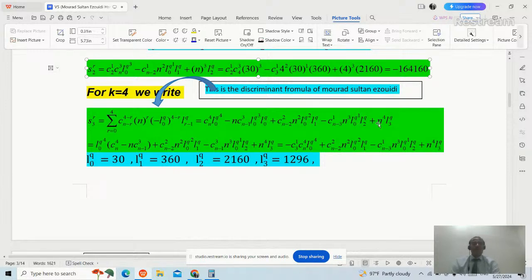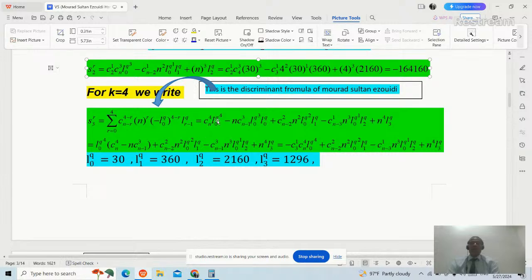But the learner or the teacher or the professor has to work with this discriminant formula of Mourad Sultan Ezouidi. He has to put into consideration how to calculate or work this formula out with no mistake, of course. Therefore, now after developing this formula, it can be written as